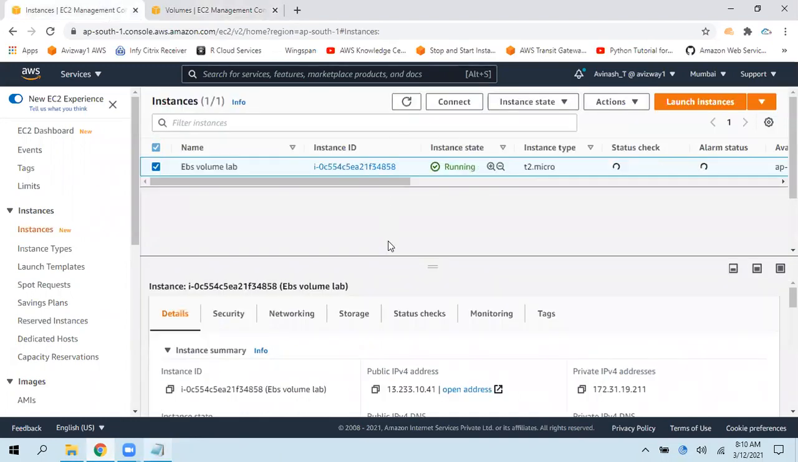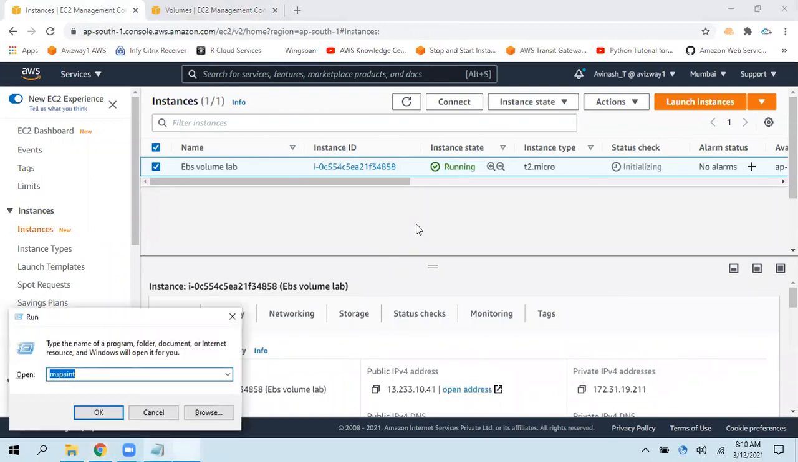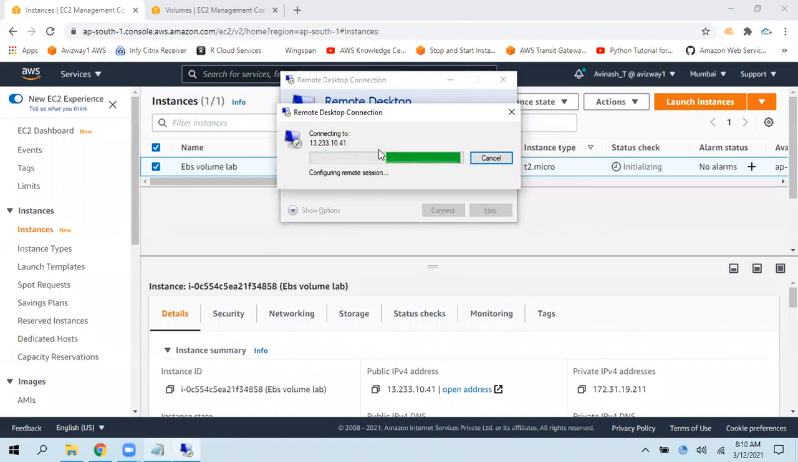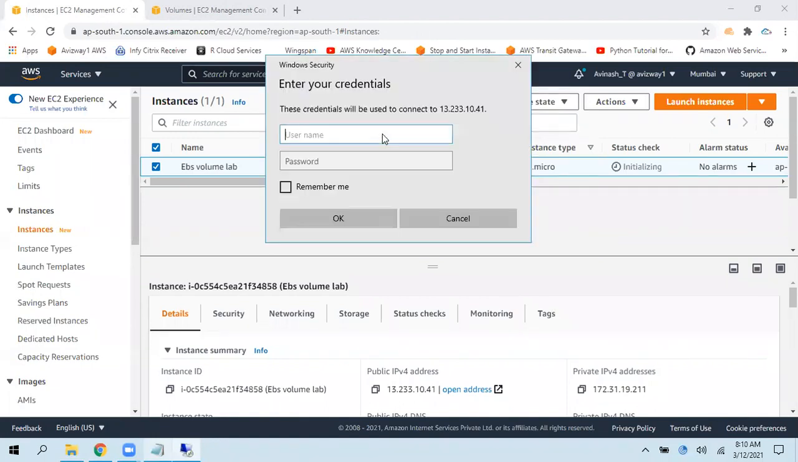So the instance is in running state. Let's get connected to it. I'm going to grab the public IP address of this instance, press Windows R, type mstsc, click on Enter, give the public IP address, click on Connect. Then it will ask for the username and password. The default username is Administrator